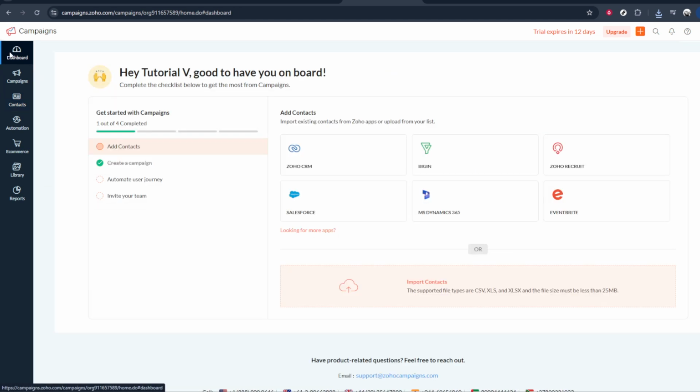First, make sure you're logged in to your Zoho Campaigns account. Once you're logged in, you'll land on the main Zoho Campaigns interface. From here, the first thing you want to do is go to the dashboard. If you're not already on it, look towards the main navigation area at the top and click on the option labeled Dashboard. This is your central hub in Zoho Campaigns, and it's where you'll see key options, including integrations with